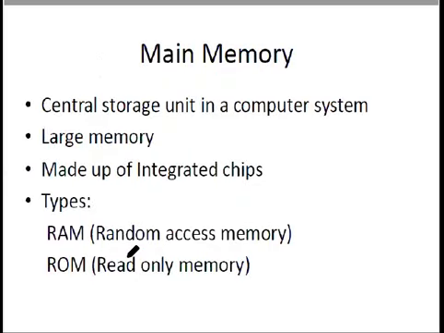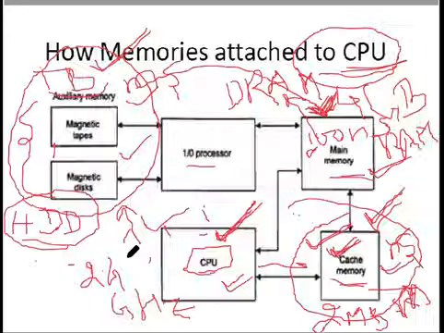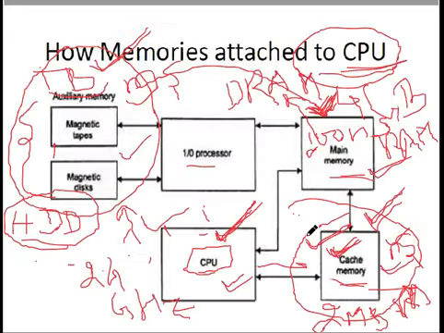So let us switch over to the parts of the cache memory and how the architecture is organized. Detailed organization of the computer system is not being discussed because it is not part of the syllabus. We will just go through the overview of the simple memory sets specified in your curriculum. So this was the basic memory hierarchy. These are the parameters on which we arrange a memory set in computer organization, and this is how the memories are attached to the processor.